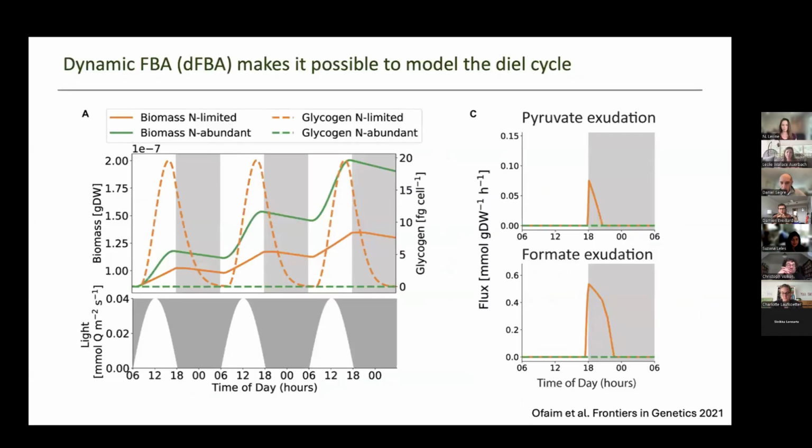In the past, we've applied dynamic flux balance modeling to the growth of Prochlorococcus. This was an effort with Daniel Scher and others. And what is nice is that it's possible to include light in the modeling, and you can simulate day-night cycles, and correspondingly, you'll see the biomass production having cycles of growth and resting, and the glycogen changing over time in a periodic manner, matching the day-night cycle.